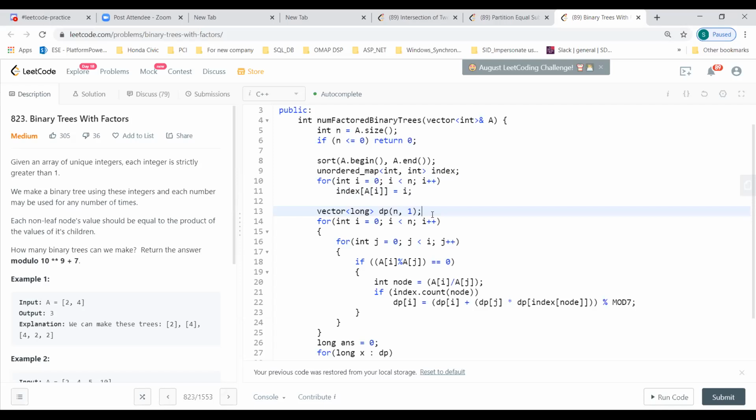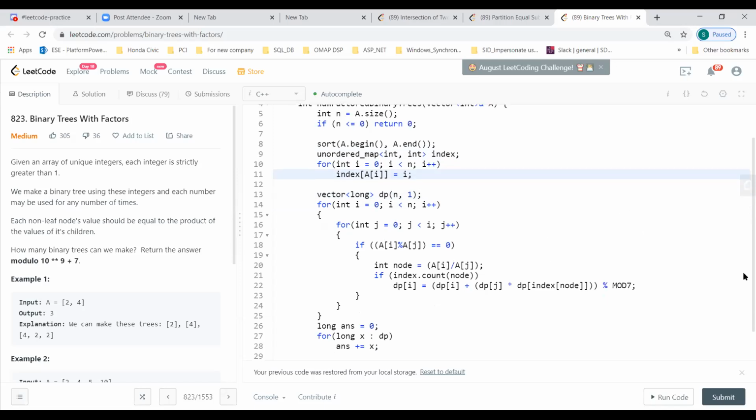So true or false, you mean to say you just have a boolean for the unordered map? Yeah. Then we can just have an unordered set also in that case, right? So that can be done. So you just want to see if it is present or not, right? Yeah. But the way they have used this implementation, the indexes are required here because they want to build on the lower subarrays to the top. So that is the reason they are using it.